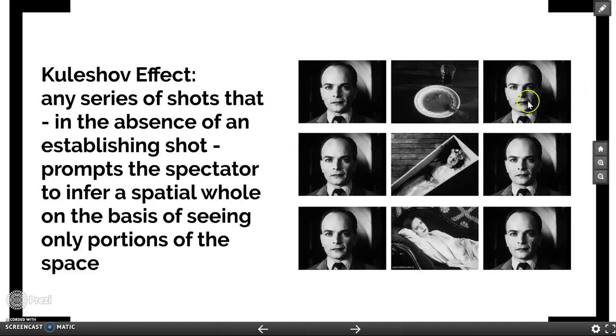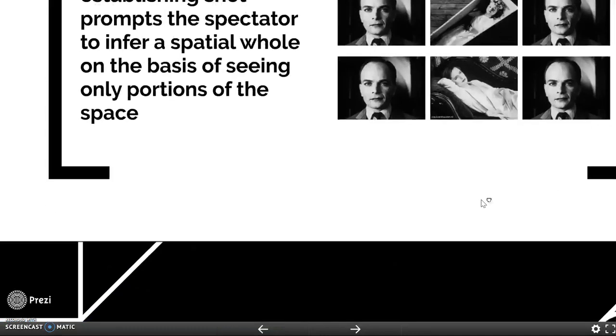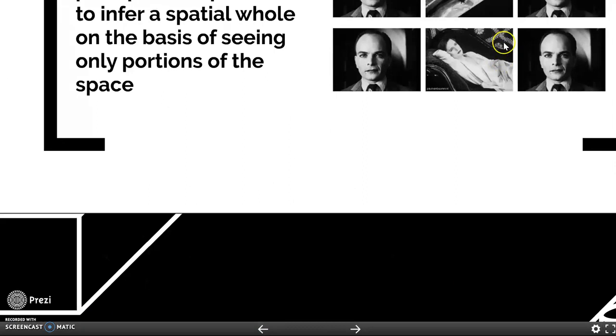So in the top series of images, the audience would say, oh, this man is so hungry for this bowl of soup. In the middle series of images, the audience would say, oh, the man is so distraught over the death of the child. And then in the third series of images, oh, they would say, the man loves this woman so much. Now, we never see the man and the bowl of soup in the same shot. We never see the man and the child in the same shot. We never see the man and the woman in the same shot. But we infer that they're happening at the same place and the same time, and thus we draw a connection between them. Spectators will infer that a spatial or temporal whole